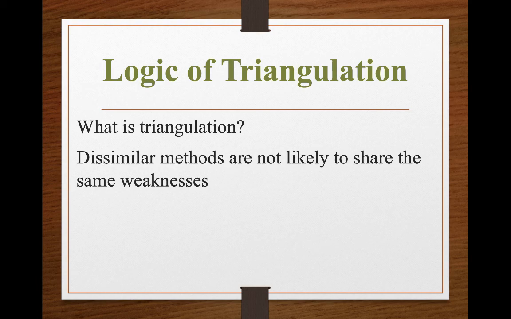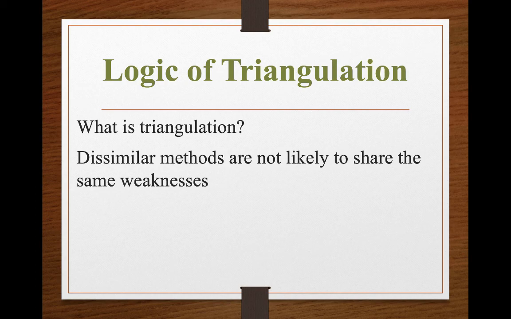So that's one example. What's important to know about this too is that dissimilar methods are not likely to share the same weaknesses, right? So qualitative methods are not going to have the same weaknesses as quantitative methods, or vaguely, right? But even within those branches, different methods have different weaknesses. So that's the idea of combining them together. Each method has a different vantage point on how it analyzes or approaches the data. So each has their own bias, their own potential limitations or issues with maybe